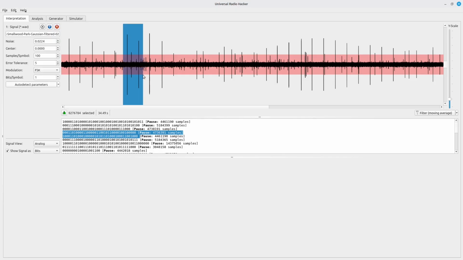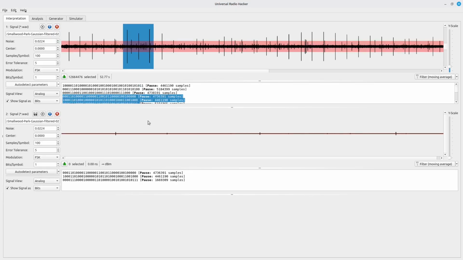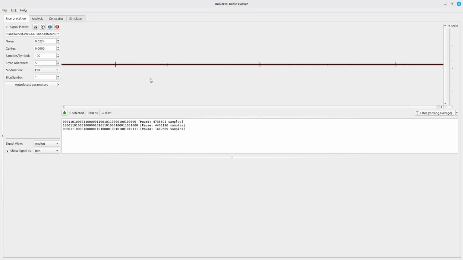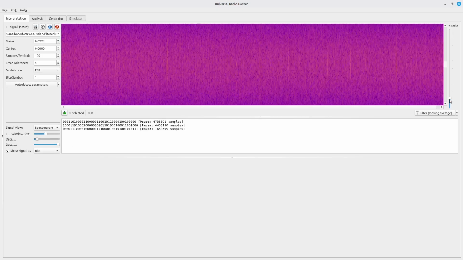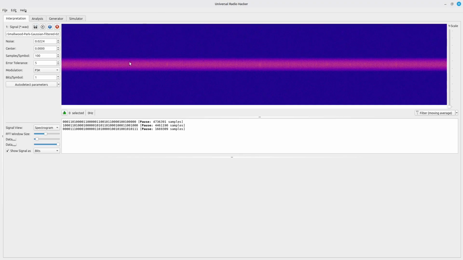I'm just going to actually select a slew of them here. I'm going to say create new one from that. I can close this part here. That way I don't have that huge file taking up my resources, but I have several signals here. One of the things I want to show you while we're here is I'm going to open this up into the spectrogram view, and notice that the blue is where it's been filtered, and the pink is the part that the signal's been allowed to go through.